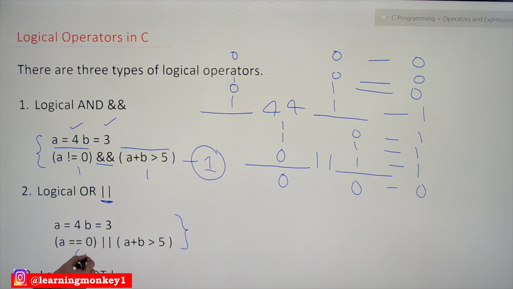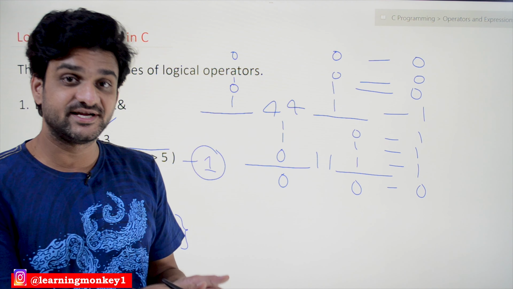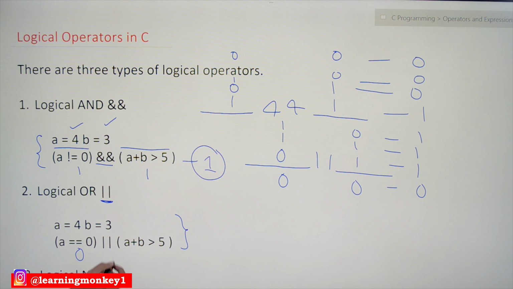No. So this expression evaluates an output of 0. As we have already discussed, the relational and equality operators. This is an equality operator. This is a relational operator. Relational and equality operators always produce the outputs as either 0 or 1, either true or false. If it is 0, then it is false. If it is 1, then it is true. Okay, so what this expression evaluates, it evaluates a plus b, so it is true. 7 greater than 5, it is true.